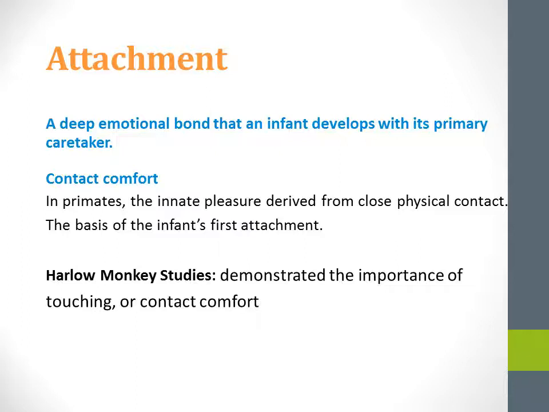Attachment theory looks at this bond that exists between an infant and a primary caregiver. Oftentimes with attachment theory, they have studied how infants interact with their mothers. However, infants can form attachments to anyone in their lives who is a primary caregiver. So this can include fathers, it can include aunts, uncles, babysitters, daycare providers. As long as the child has sustained contact with this person and formed some kind of bond to that person, we can say that this person is an attachment figure.